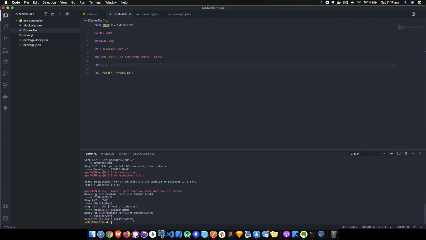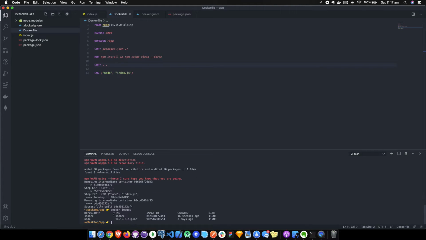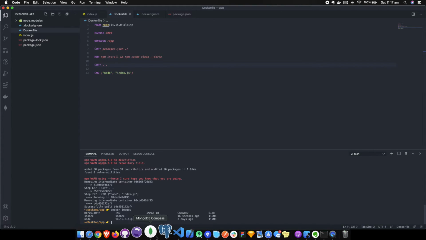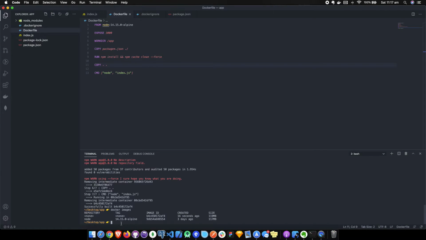So this is the image that we have right here. If you wanted to have a look at your image, you could literally just go docker images, and it's going to give you a list of all your images. But we want this, removing intermediate containers, has been built. So this is our image right here, and as you can see, the image ID is also right here, the exact same one, right? So now let's go docker run, which is literally going to grab this image